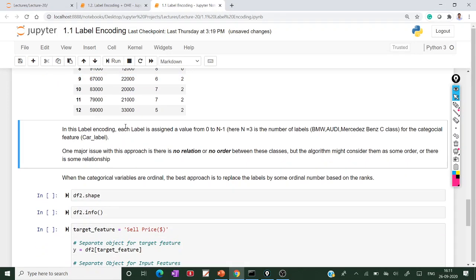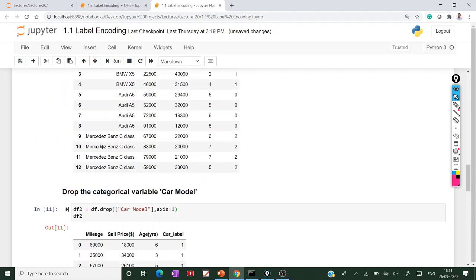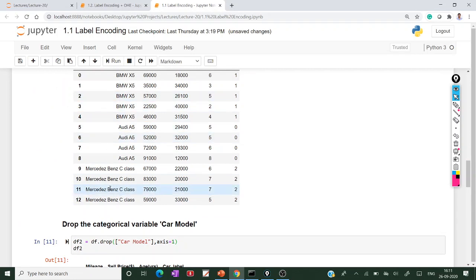So in this label encoding, each label is assigned a value from 0 to n minus 1. What does it mean? Here there are 3 labels: Audi, BMW and Mercedes-Benz. So we have assigned the values Audi 0, BMW 1 and Mercedes-Benz 2.